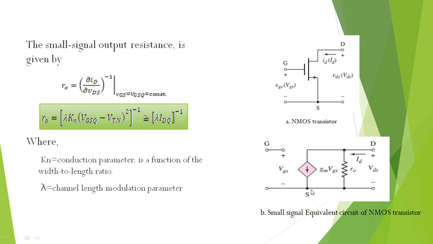From the transistor parameters gm and r0, we are going to see how the NMOS transistor is replaced by the small signal equivalent circuit. Here figure A shows an NMOS transistor consisting of a gate, drain and source, because we have taken a common source amplifier, so the source is at the ground terminal. Now we replace this MOSFET by its small signal parameters, where between the gate and source terminals the voltage vgs is present, and between the drain and source there is a current source gm into vgs, in parallel with which the resistance r0 is present in the circuit.